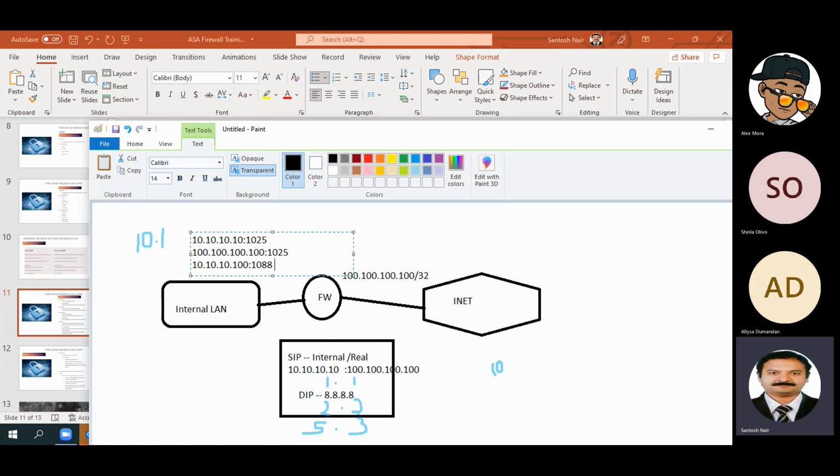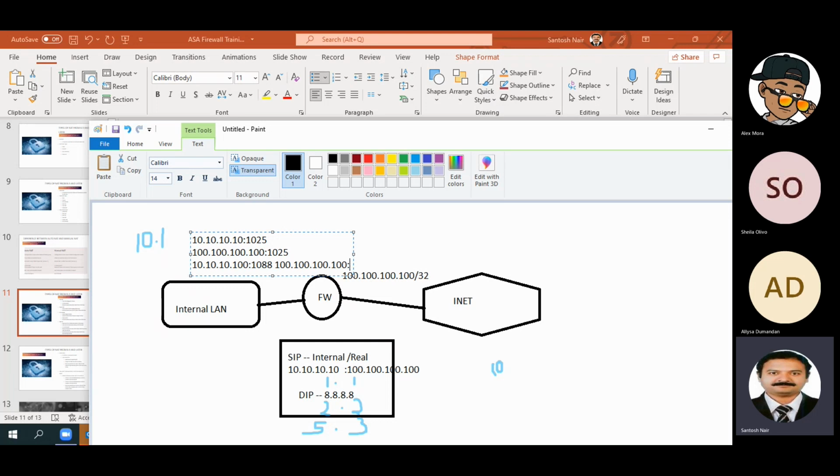So it is coming from any other source port and going to the internet, and it will be NATed to 100.100.100.100 on some other port. You're getting me, right?